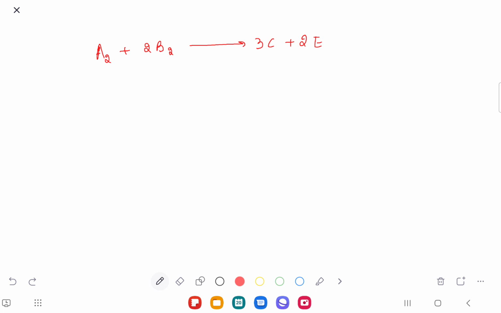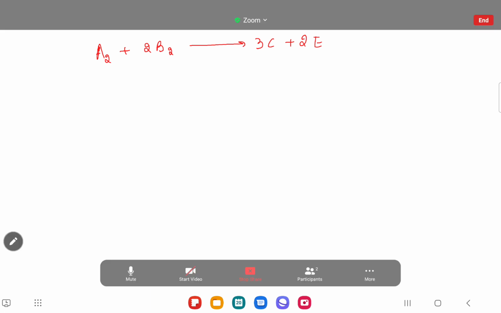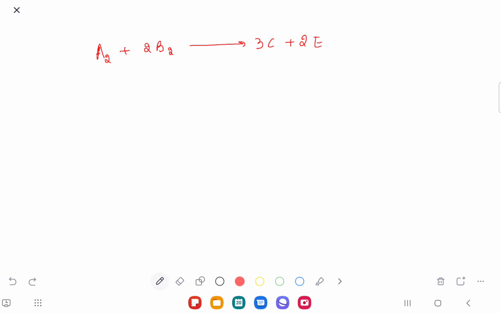So we took initially 100, and then 20 molecules got used up. We got 100 of this, 20 got used up, so we were left with 80 of this. We were left with 60 of this. We formed 60 of this and 40 of this. Are you understanding? And thereby you understand that